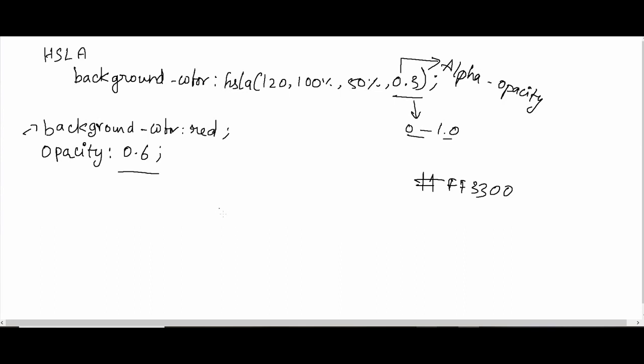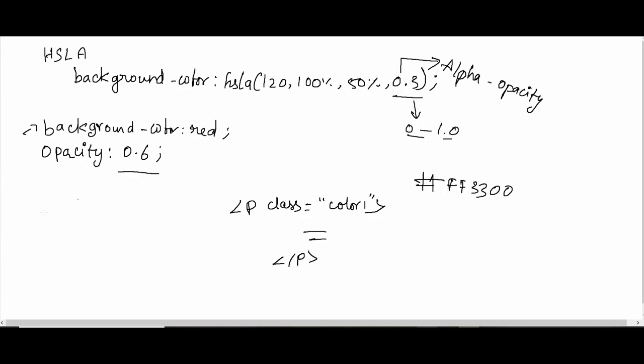Okay, for these 4 types of color you try to create a paragraph, right? Create class or ID according to your wish. You create color 1, color 2, or you just create with RGB color. Then give some content, close the P tag.